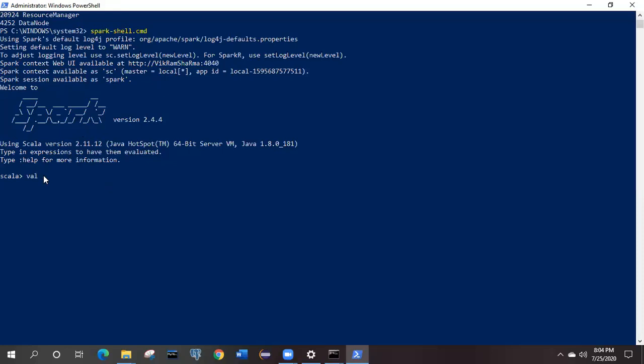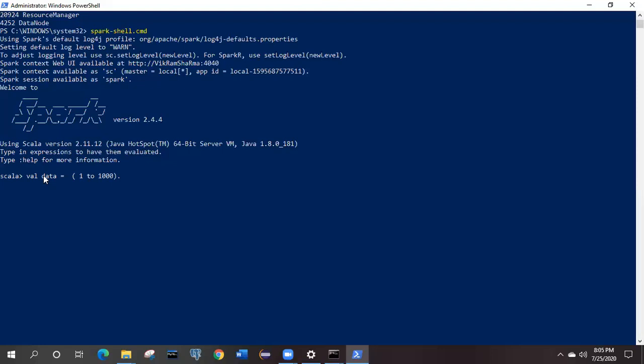First of all, we will create one object and load some data into it. We can generate a sequence, 1 to 1000, dot.